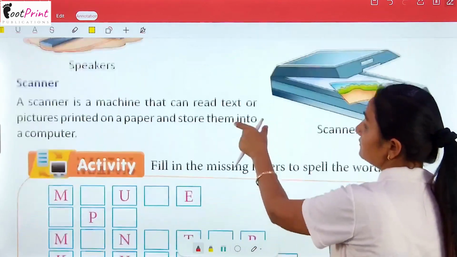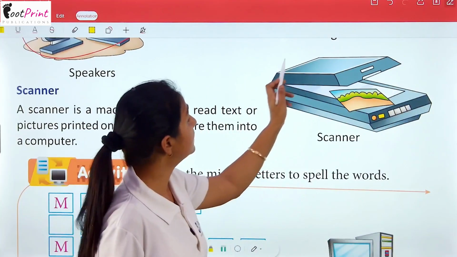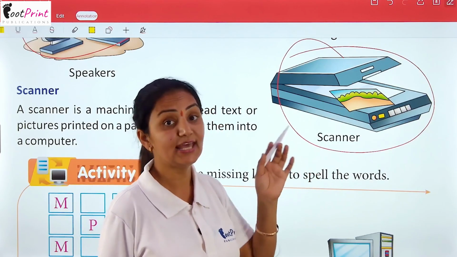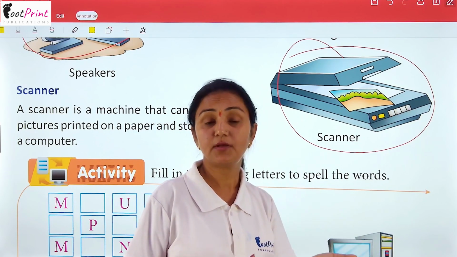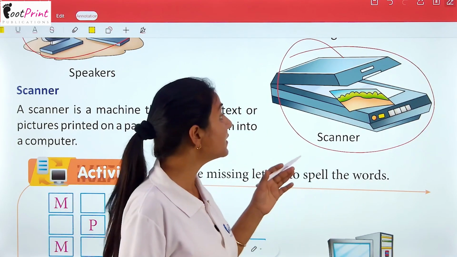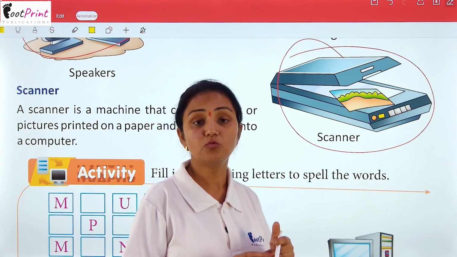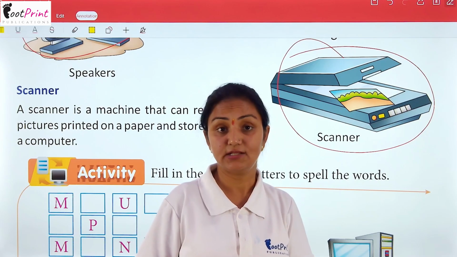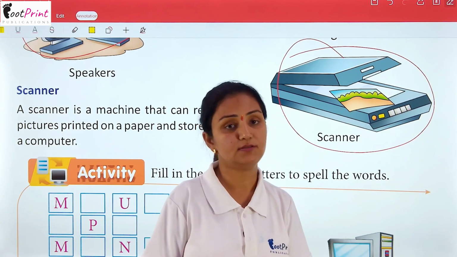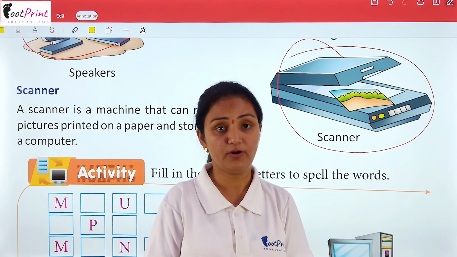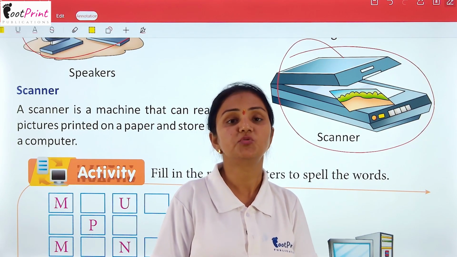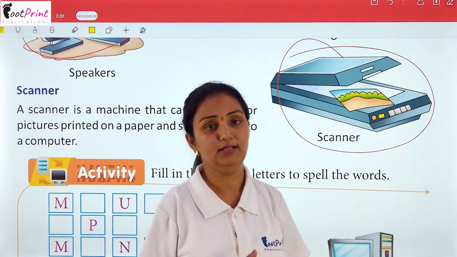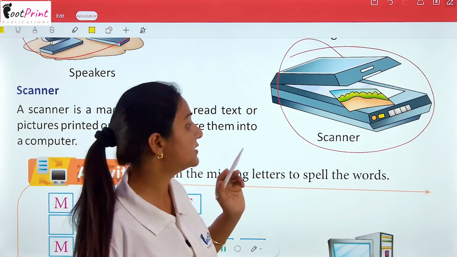ठीक है? Next one we have scanner. Students, in earlier days we used this device to scan any paper to put that paper in the computer. हमें किसी भी पेपर को जब कंप्यूटर के अंदर डालना होता था तो हम उसके लिए पहले क्या करते थे, स्कैनर्स का यूज करते थे. ठीक है? और अब तो हमारे फोन्स में भी स्कैनर ऐप यूज हो सकता है. ठीक है? उसके थ्रू हम स्कैन करते हैं और सिस्टम में डाल देते हैं. लेकिन पहले ऐसा नहीं था, हमारे पास एंड्रॉयड फोन्स नहीं थे, तो हम लोग स्कैनर यूज करते थे जिस पे आप अपनी पिक्चर रखेंगे, वो आपकी पिक्चर को स्कैन करेंगे और सिस्टम में डाल देंगे. OK, so that was the work of this device.